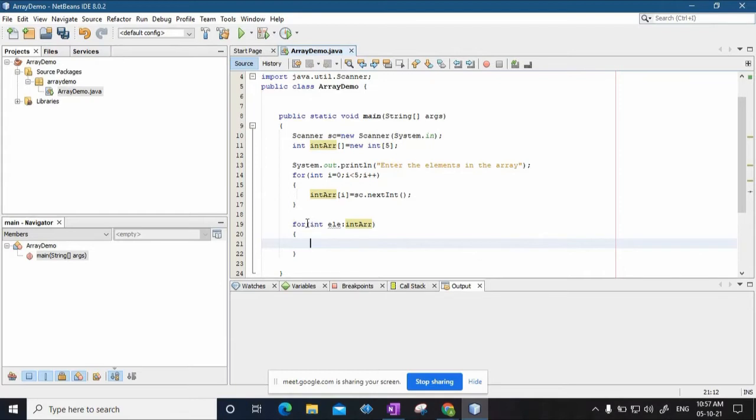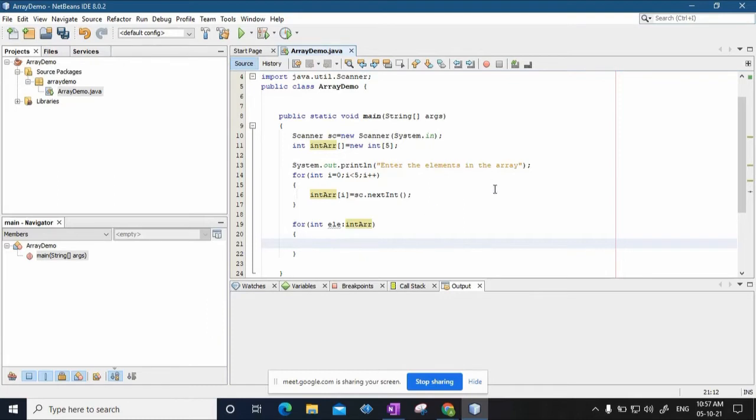This is an extension of the for loop. This is something which was not there in C++ and C. So what I am saying, suppose I already have an array, already there are elements in the array, then I can use a variable. So this is called for each element in the array. So you read it like this: for every element ele in int arr. And then automatically it will be incremented in the next iteration.